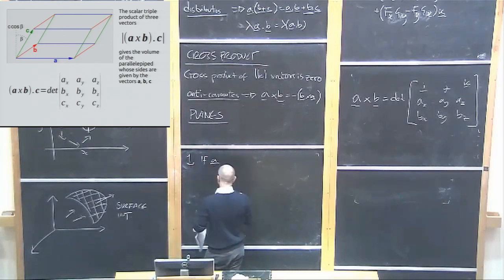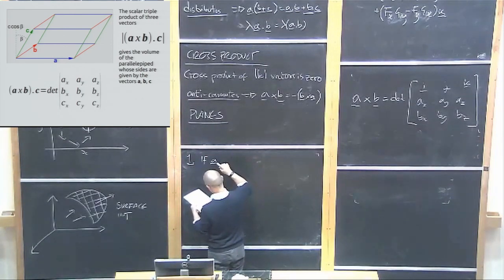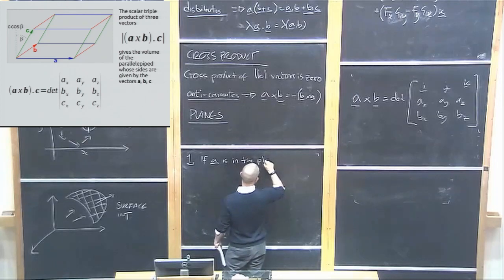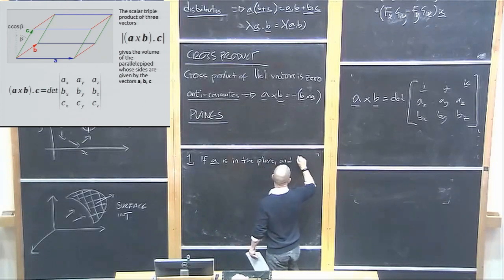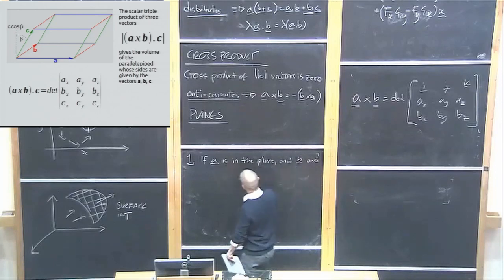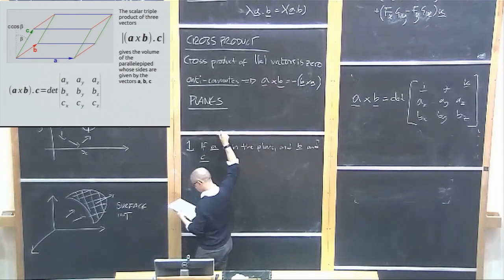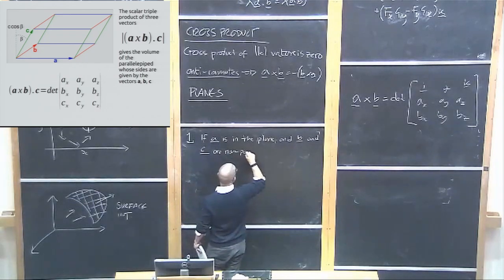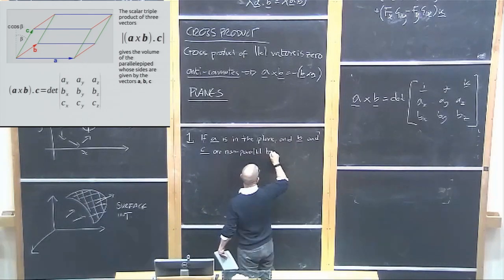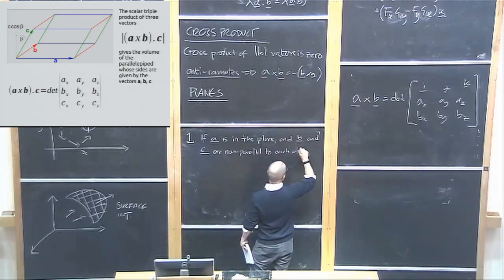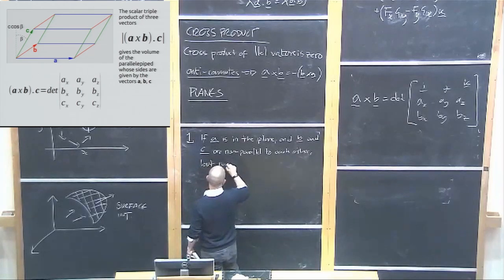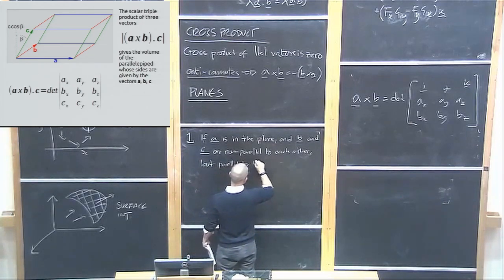If A, which is a vector, is in the plane, and B and C are non-parallel to each other, but parallel to the plane,